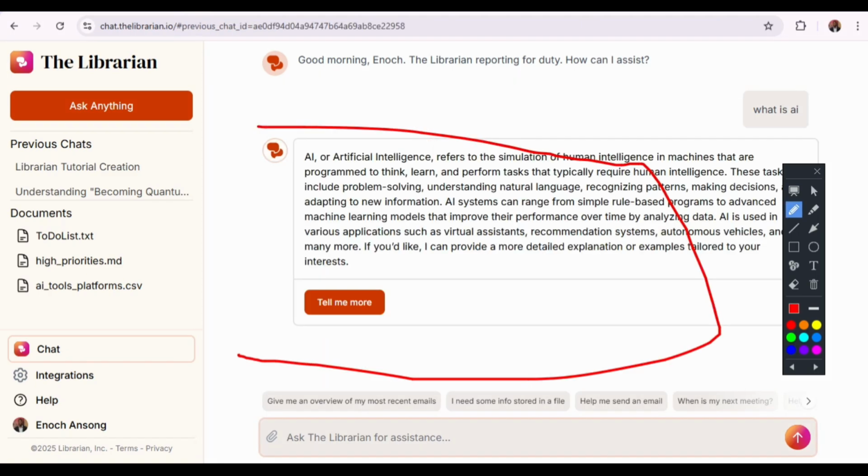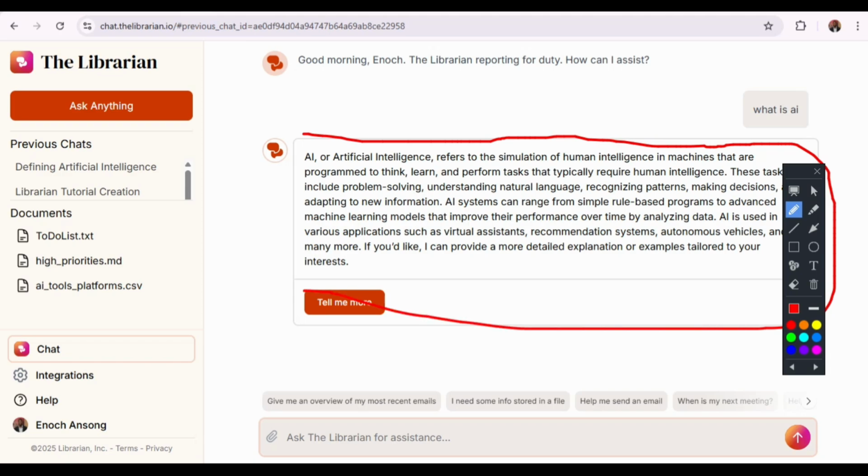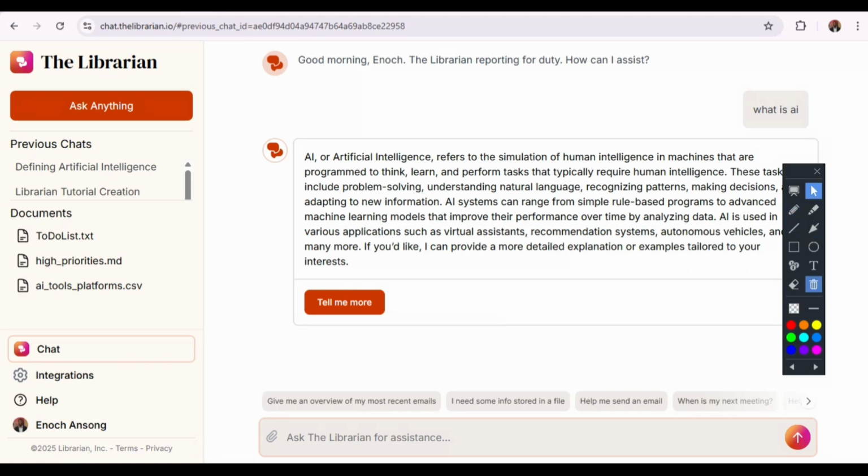So this is me just trying the platform out, and you see its response. It makes a lot of sense. So AI refers to the simulation of human intelligence and machine learning, all of that. And I think the answer is very, very accurate. So now